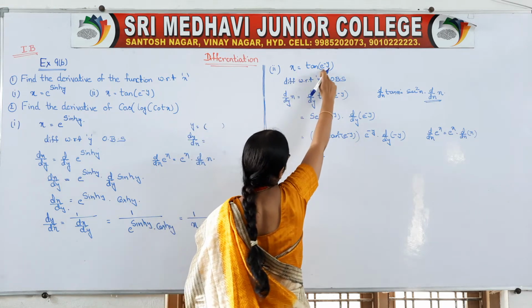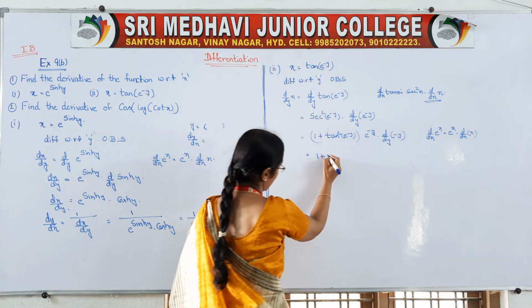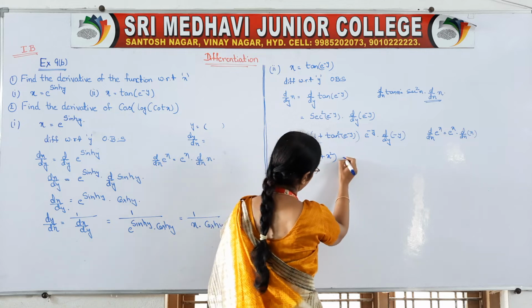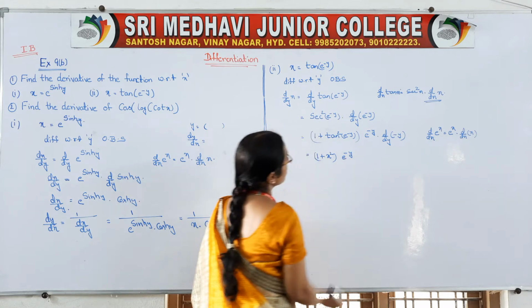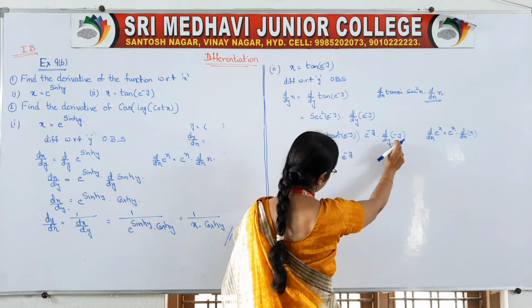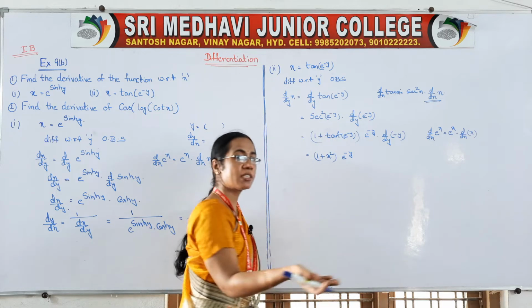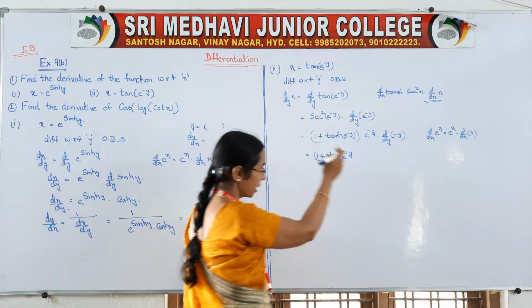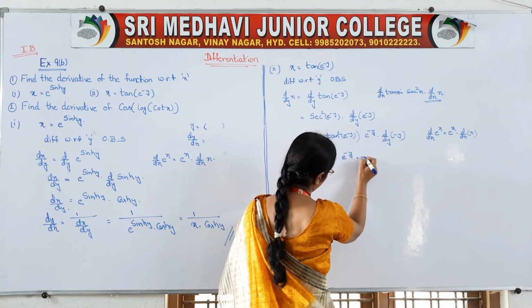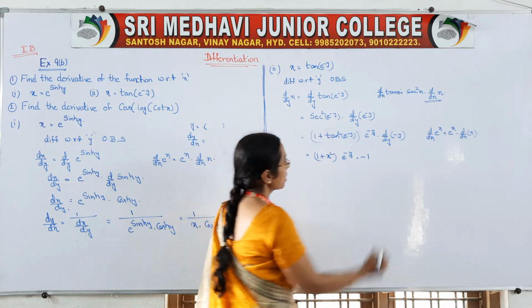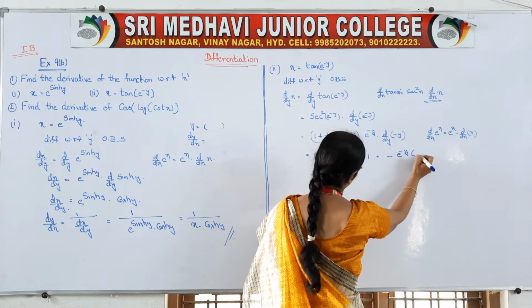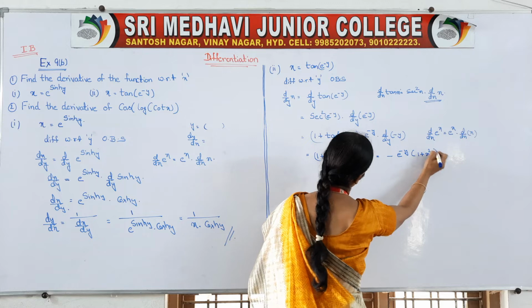x is equal to tan of e to the power of minus y. So it is 1 plus x square into e to the power of minus y. This is nothing but d by dx of x is 1. Same thing, d by dy of y is 1 only, but minus is there, so it is minus 1. So we are having minus e to the power of y into 1 plus x square.